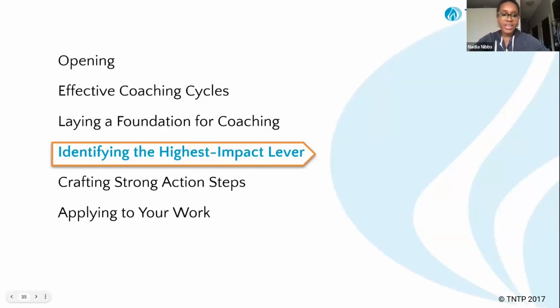At this point in our morning together, we are going to do some practicing around identifying that high impact lever, right? So you all talked in your small groups about, well, what is the outcome that we really want to be seeing in Mr. C's class? And now we're going to help narrow that down into some action language that we would be thinking about when we go into a conversation with Mr. Salam or Mr. C. Okay, so with that, we have an analogy that we hope is helpful for us to